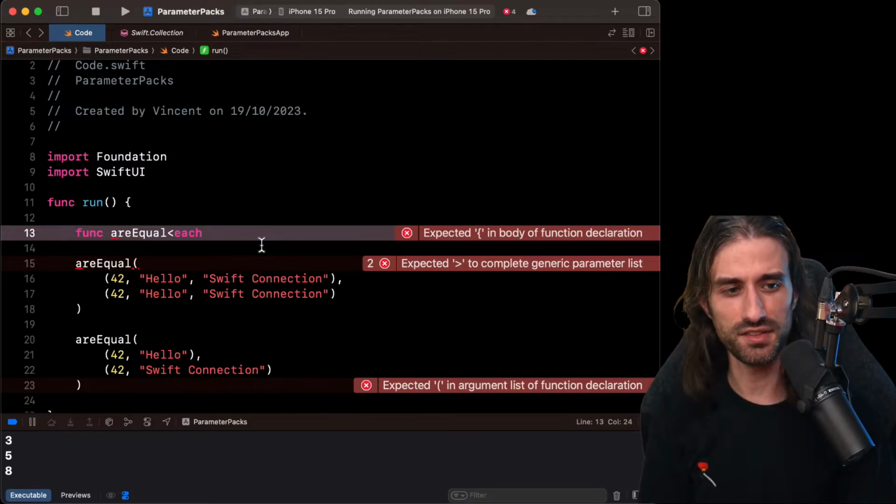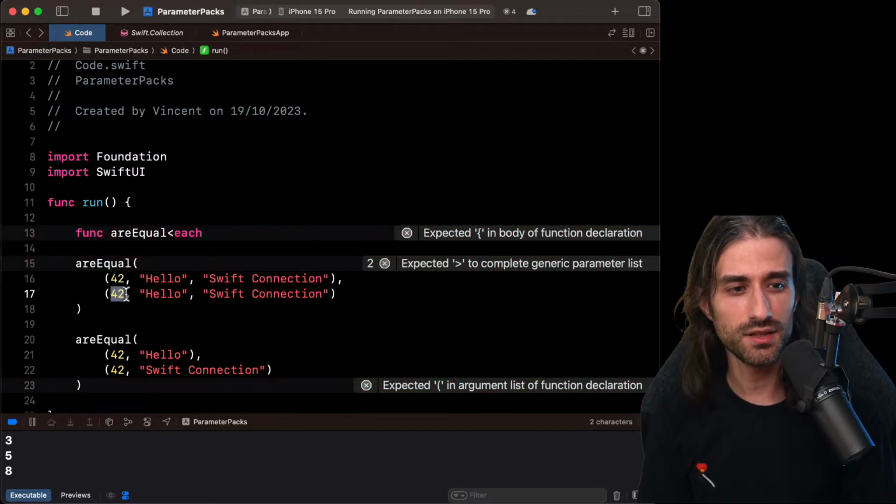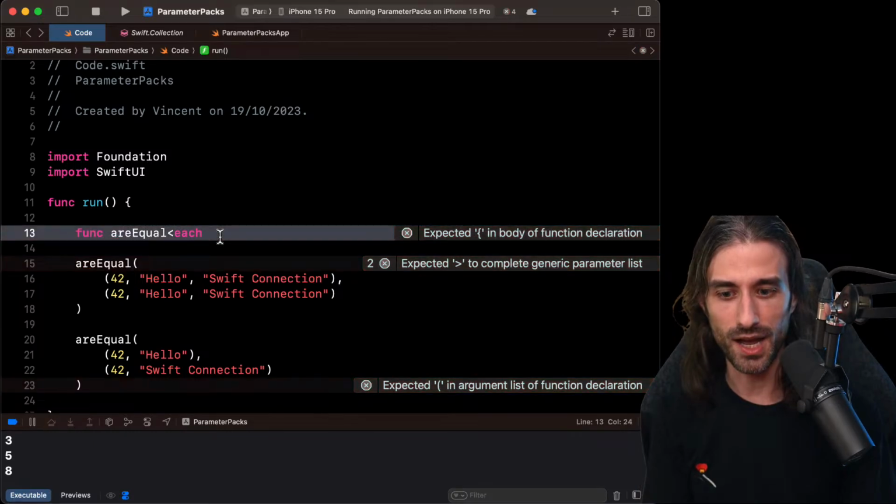And that's a very important distinction because, of course, we need the types to be the same. Because, I mean, if I put here an int and here a string, we know straight from the beginning that they are not equal. We can even say it at compile time that they are not equal. So we define a single parameter pack.